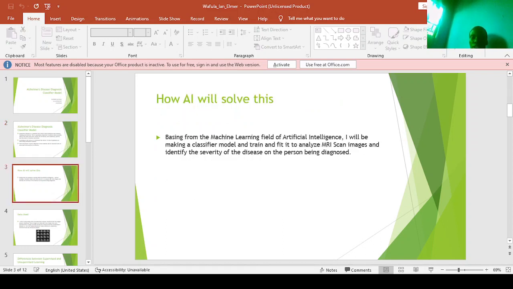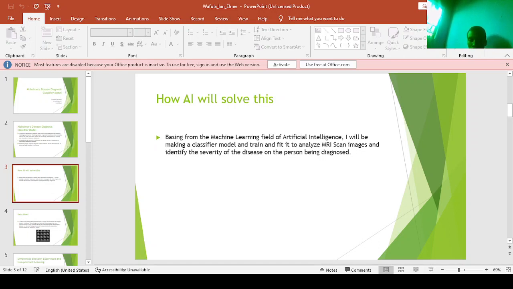How will AI be solving this? Basing on the machine learning field of artificial intelligence, I will be making a classifier model and train and fit it to analyze MRI scan images and identify the severity of the disease. So with this model in place, the diagnosis of the disease in its various levels of infection will be analyzed, and this will also help in the